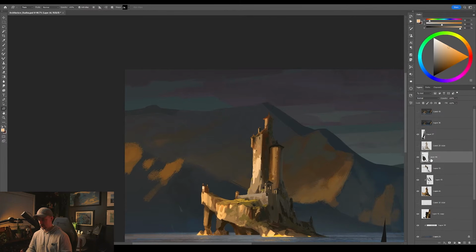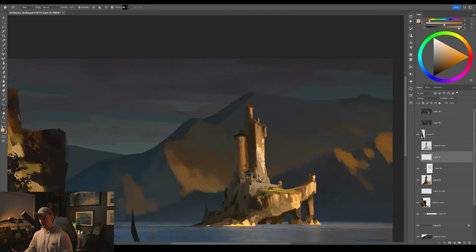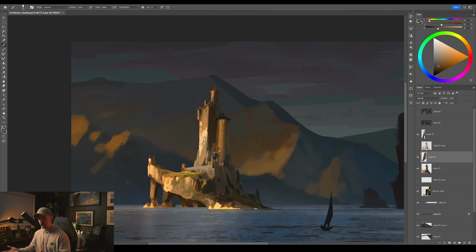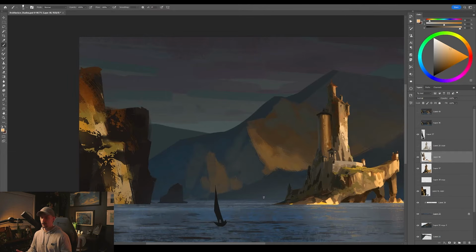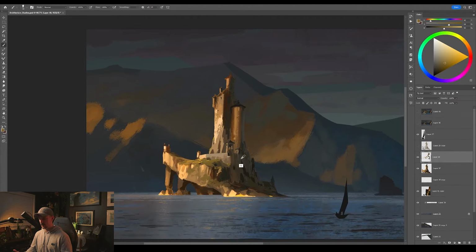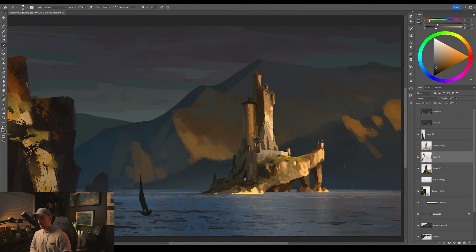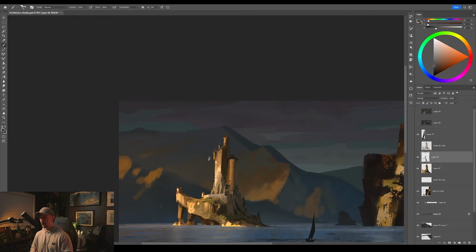I often show my wife my work and ask, what do you think's happening here? Or what do you think this thing is? What do you think the story is here? My wife is not an artist, and she doesn't do anything remotely related to what I do. So it's a good opportunity to see how a typical audience would respond to your designs, and if you're communicating things